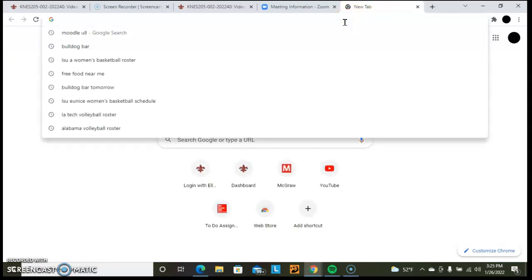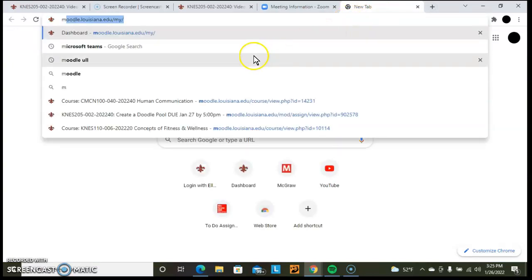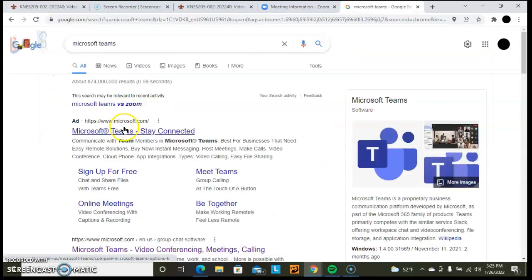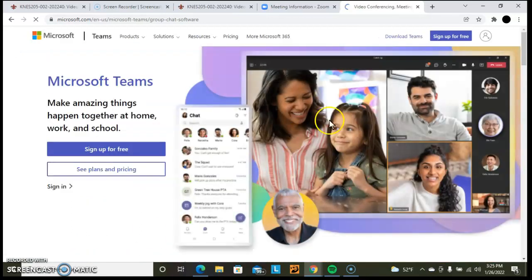use the Microsoft Teams meeting thing to go back and send the link to whoever you need to send it to. So you want to send it to the